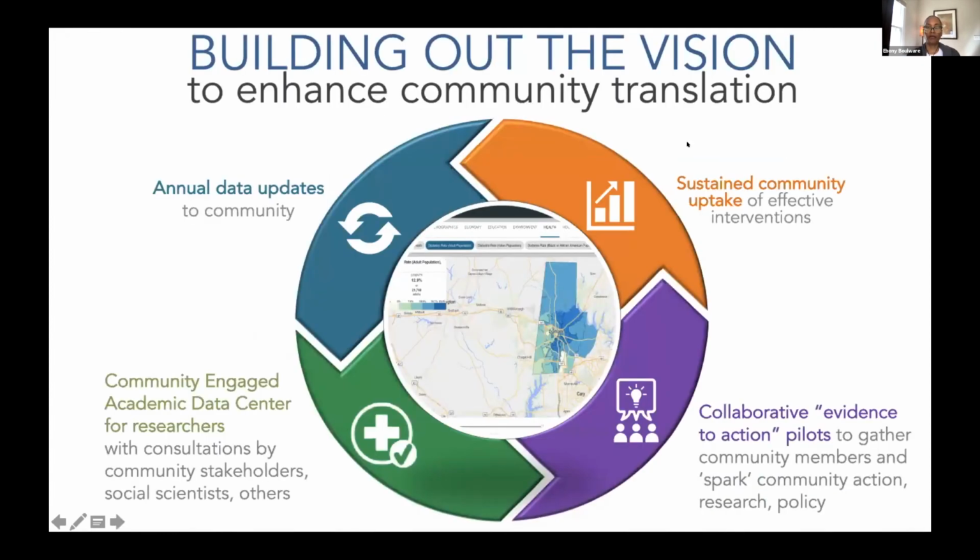Ultimately, what we have been doing is providing annual updates to the community on the existing conditions. We'd like to expand the number of conditions, including conditions of aging, in this resource in terms of the democratized data. We'd like to continue to expand on the internal work that we're doing through this data resource, right now called our Clinical Research Data Mart. Then we'd also like to work with community members to think about how to develop new interventions that can help us intervene on some of these determinants of poor health, and ultimately, hopefully, lead to sustained uptake of effective interventions in the community.